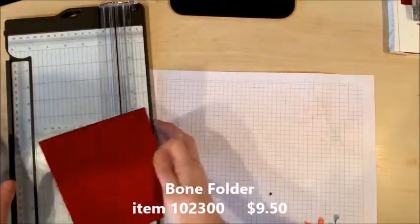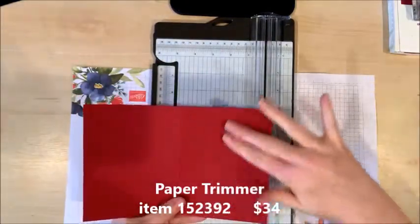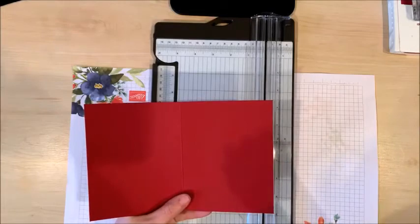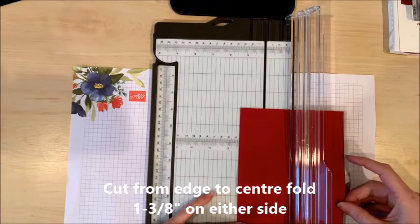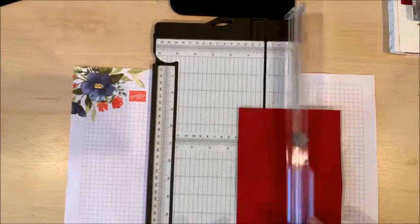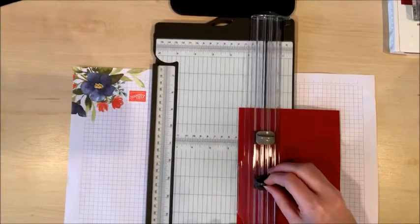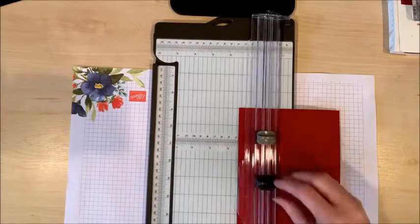Then there are a couple of extra steps to create the center easel. So if we open up that card, we're going to do some cutting and scoring on this part of the card. First of all, we're going to cut from the edge to that center fold on each side at 1 3/8 inch. So I'm just lining up my cardstock so that it's at 1 3/8 inches here, and then putting my blade